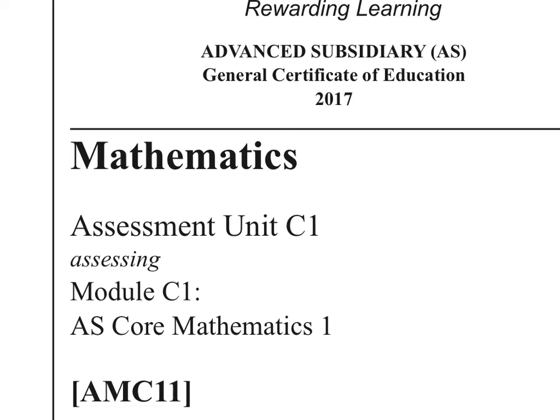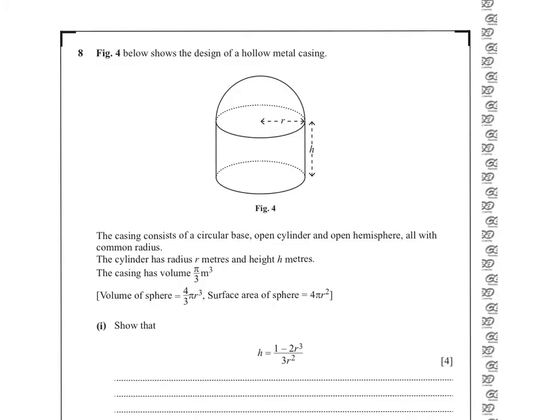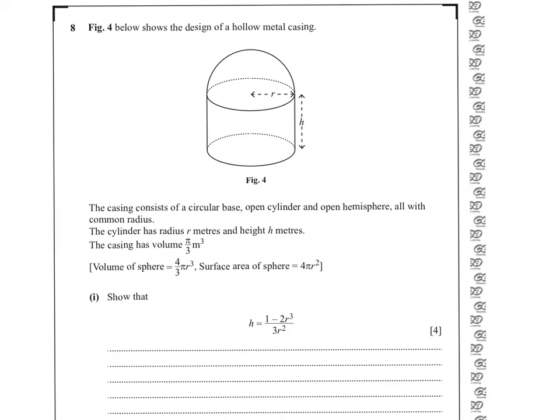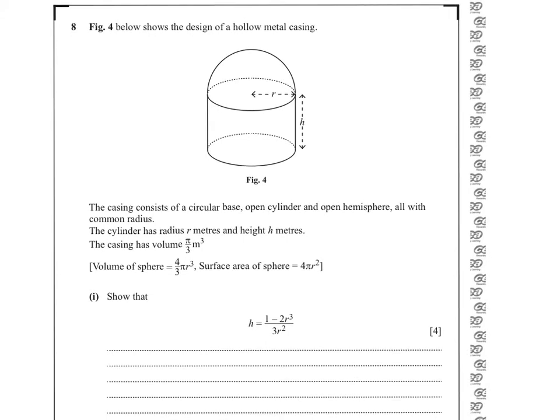Core 1 2017. So we're asked to show an expression. It's important in these types of questions just to focus on the shape and then work towards the expression. So if we read down through the question, we are told that the casing has a volume of pi over 3. So volume must come from the hemisphere, which is half of a sphere,